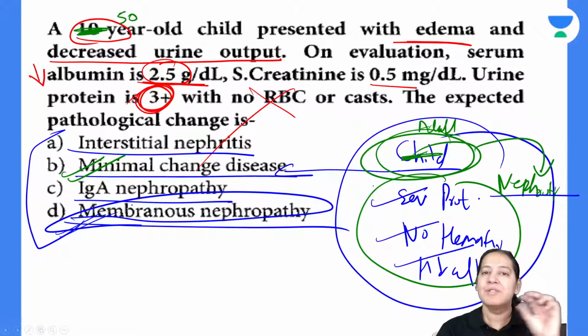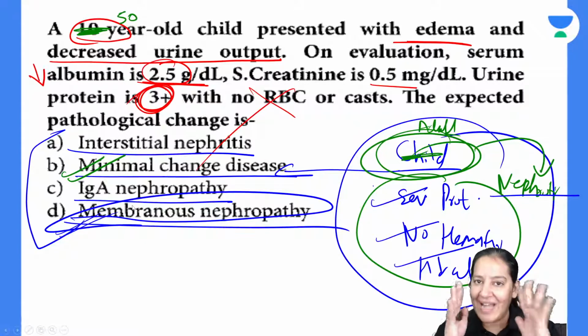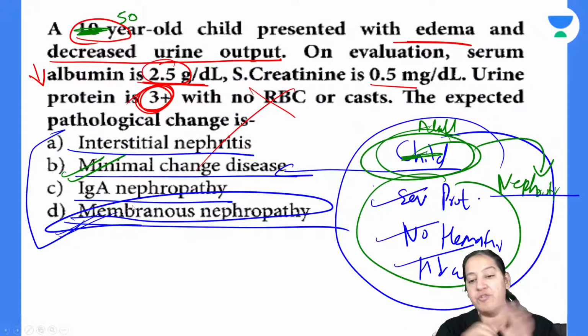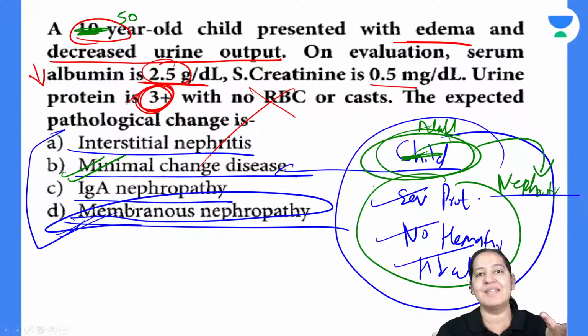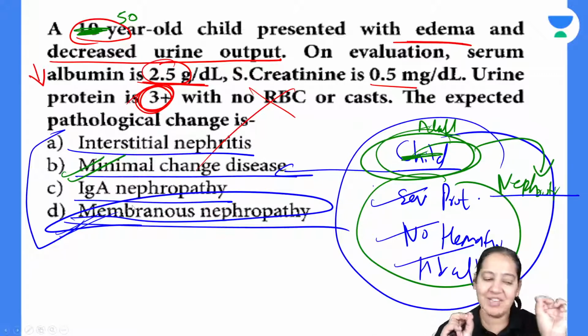Have you got it? So a little bit of change in the question can change your answer. You have to be very attentive and careful in your exam. Read your question thoroughly. That is the importance of age here. Students who are mugging up the answer won't realize that the age is changed. So changing the age will change the answer.